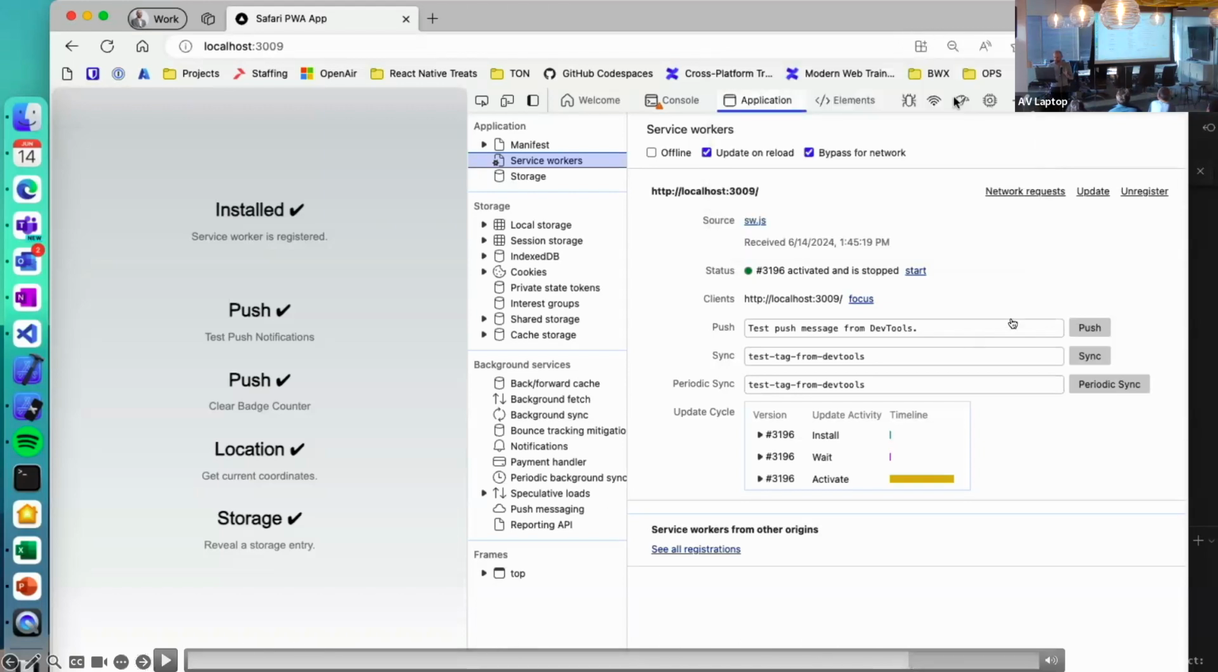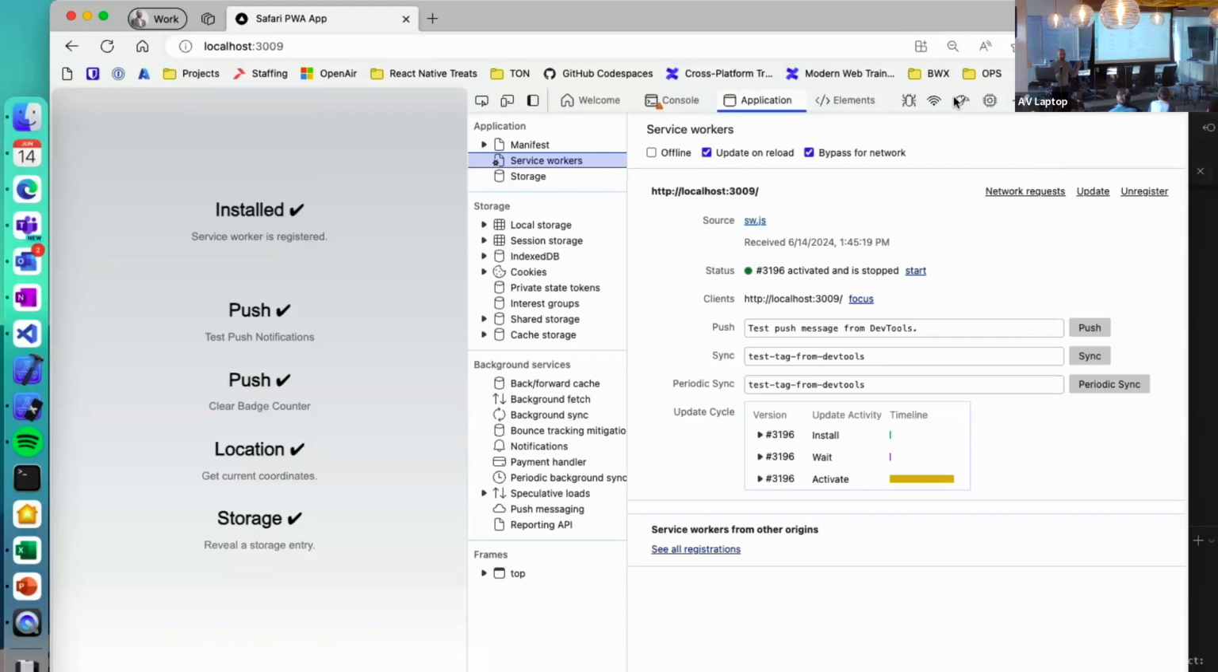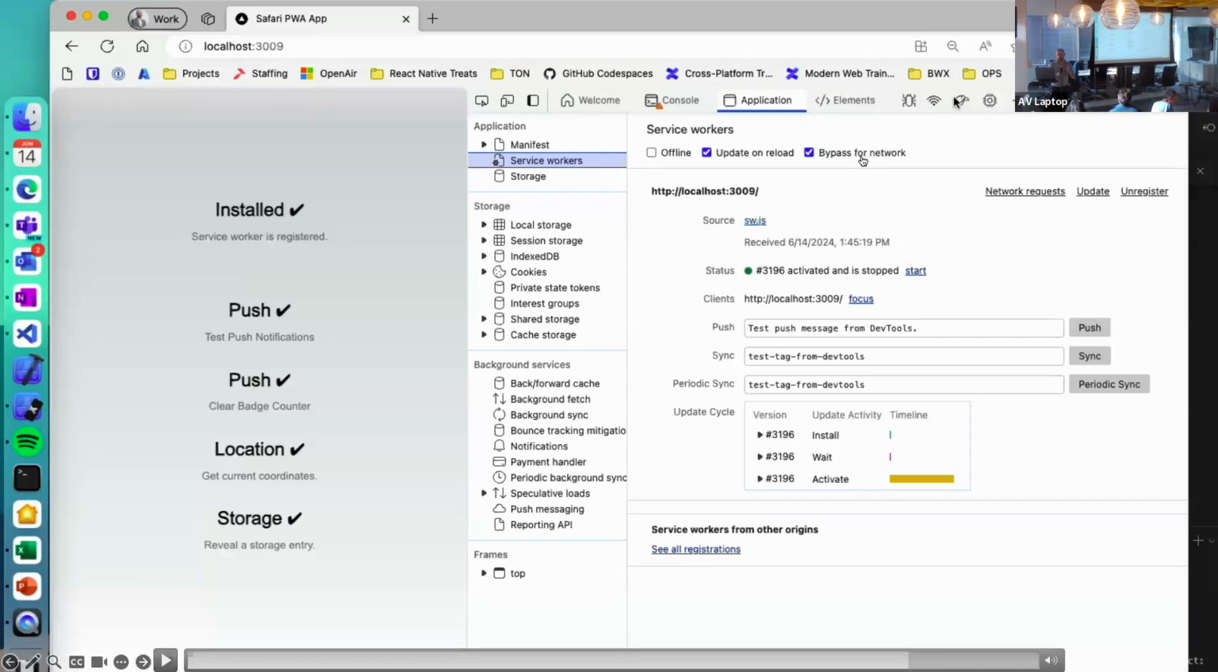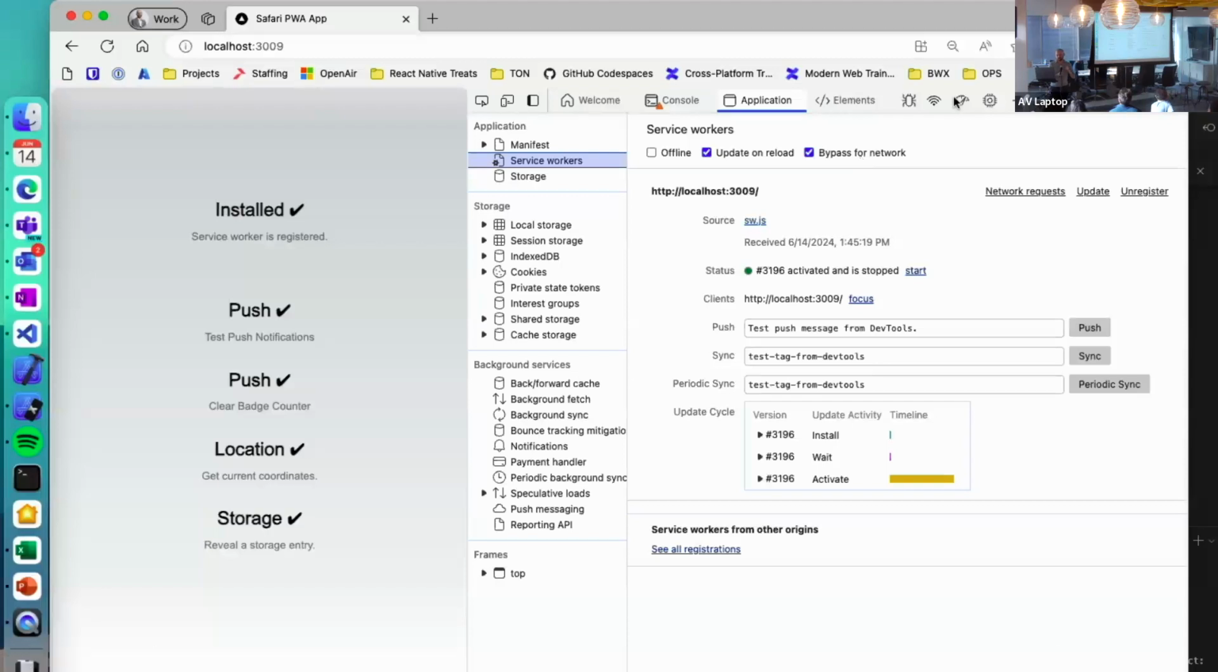I'm also going to call out two features here. Make sure you have your service worker set to update on reload. Otherwise, if you make any changes to your service worker configuration, either in Serwist or by hand, it's not going to propagate until you clear out the service worker. And also, bypass for network is an important tick to check. Chrome, Chromium-based engines, and Firefox support this